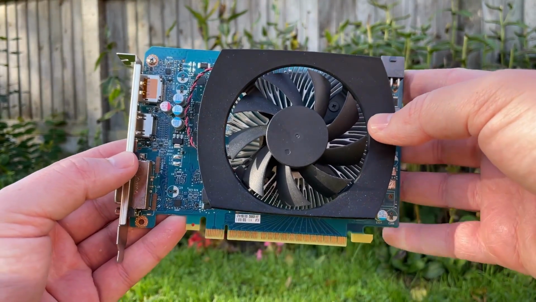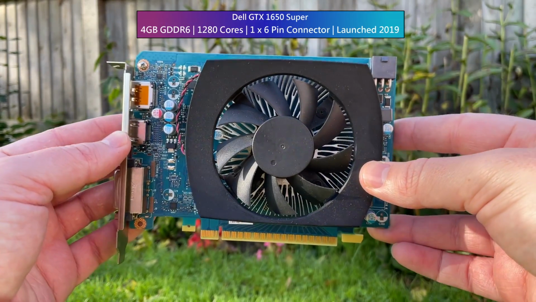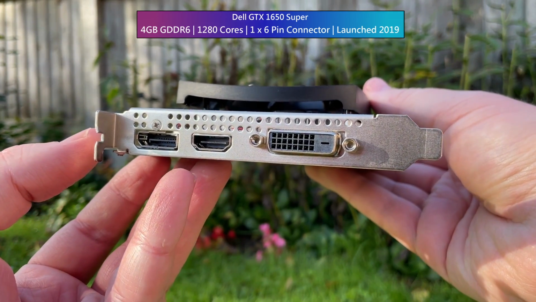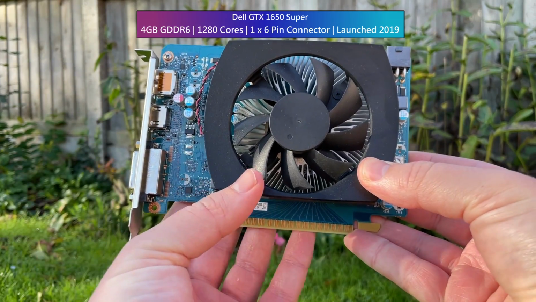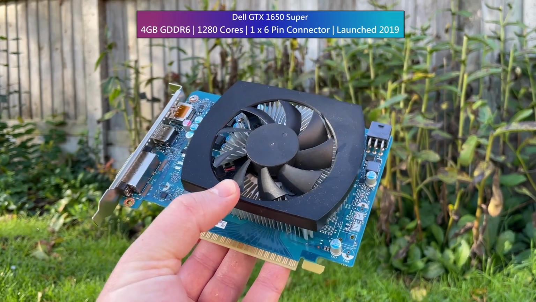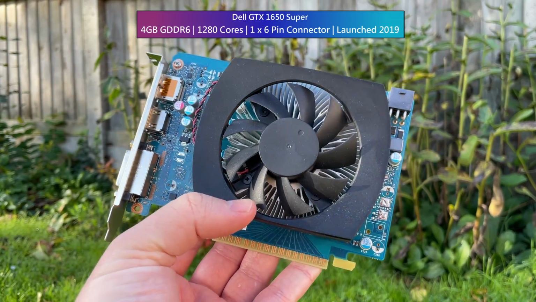Now this is the GTX 1650 Super. More specifically, it's the Dell 1650 Super, one of the more plain cards in terms of design. We tested this as part of a system upgrade video a couple of weeks ago, but in that one the i7-4770S it was paired with meant the card was being held back a little bit in more CPU intensive titles. Today we'll be testing this as part of my i5-12400F system and letting this once excellent value budget card tap